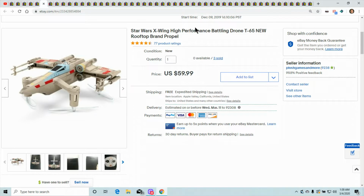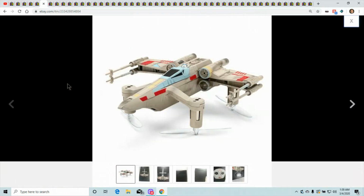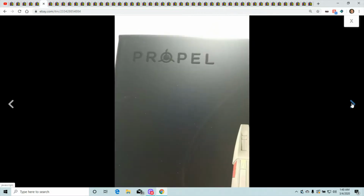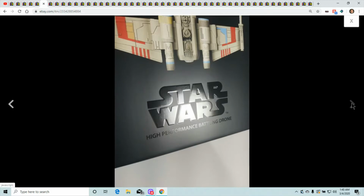This is my last Star Wars X-Wing battle drone. I don't know, it just flies through the air. It's a really cool item. Let me show you the box. I didn't want to take it out because you'd have to put it together, so I didn't bother to take it out of the box to show it off. People knew what they were buying, so